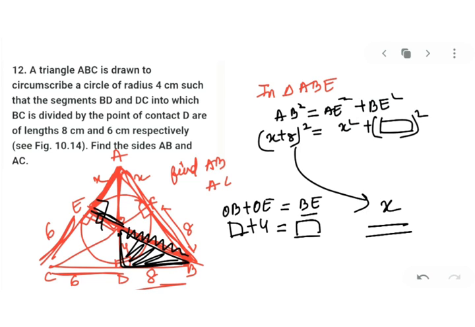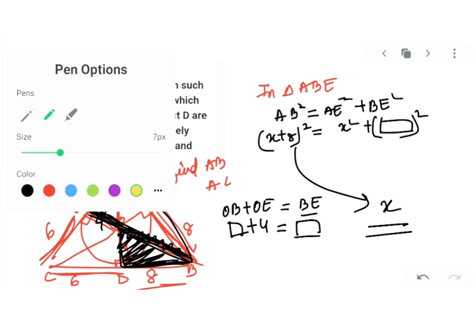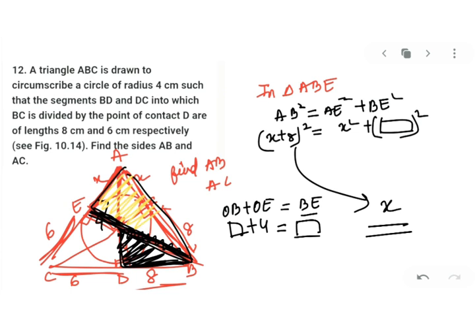Okay, dear kids, you will give a try. So give a try. You can take this ODB छोटा सा triangle, उसमें पाइथागोरस कर दो, OB की वैल्यू फाइंड कर दो, OB की वैल्यू OE के साथ ऐड कर दो, और अब AEB ट्रायंगल, I will mark this as yellow, इस ट्रायंगल में आपको पाइथागोरस अप्लाई करना है. फिर एक क्वाड्रेटिक इक्वेशन आएगा. From there get the value of x. Once you got the value of x, आप क्या करोगे? AB फाइंड करना है तो 8 के साथ ऐड कर दो x को, you will get AB. AC फाइंड करना है तो EC के साथ ऐड कर दो x को, you will get AC. क्लियर?